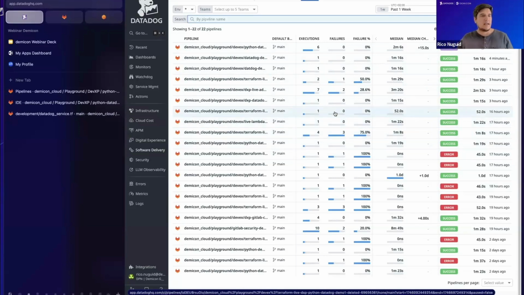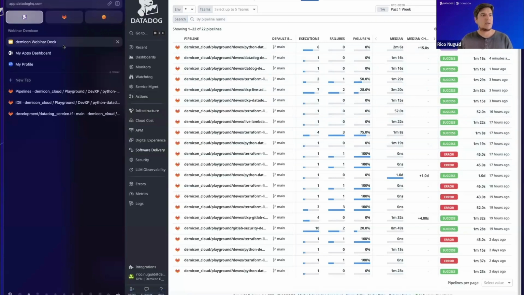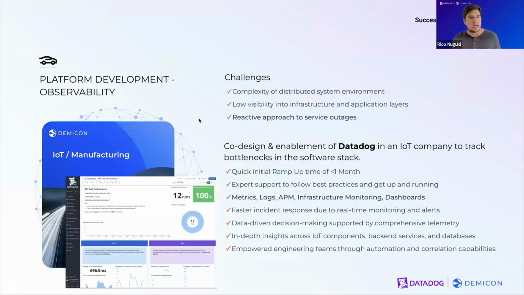And with that, I'm through with the demo and will jump back to our slides. I also want to highlight one success story we had recently with one of our customers, introducing Datadog as the centralized observability platform. It was a manufacturing customer in the IoT space, which had some challenges in their software